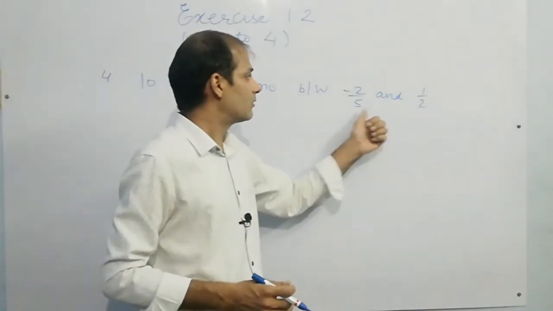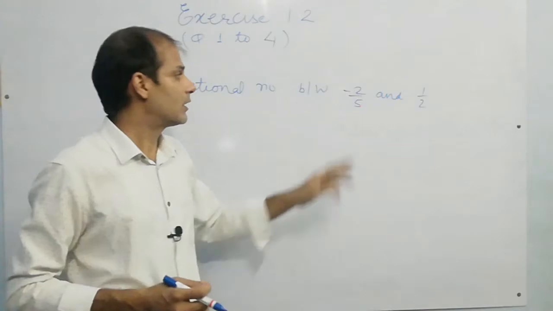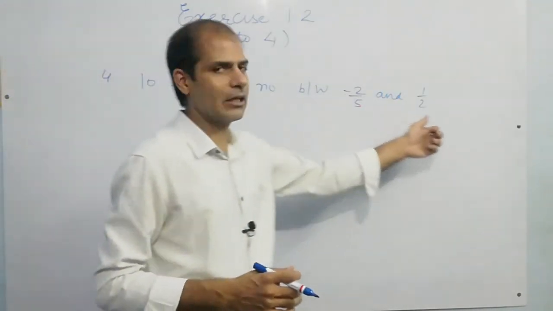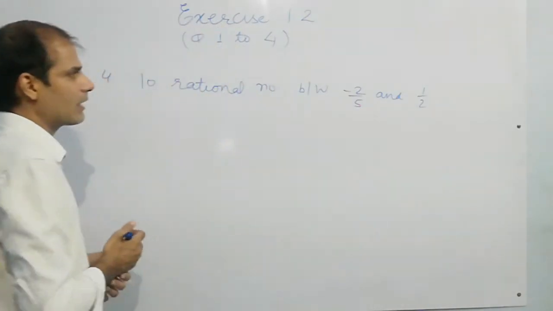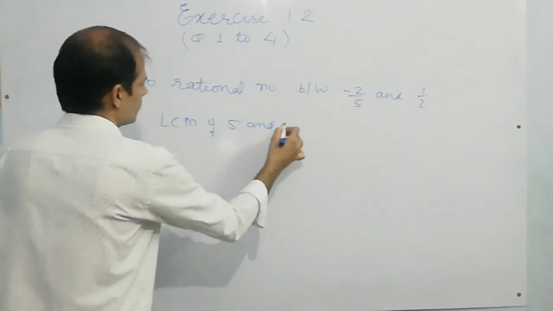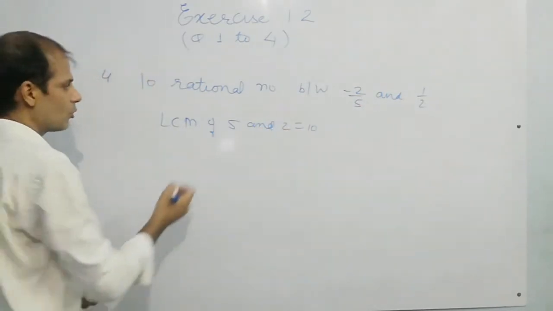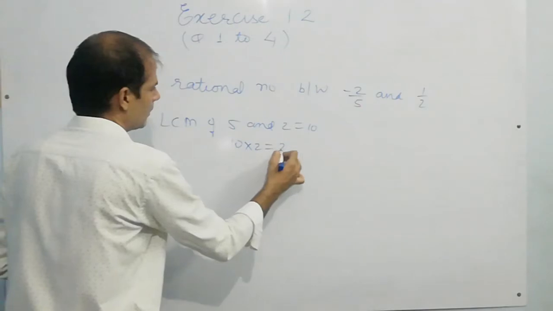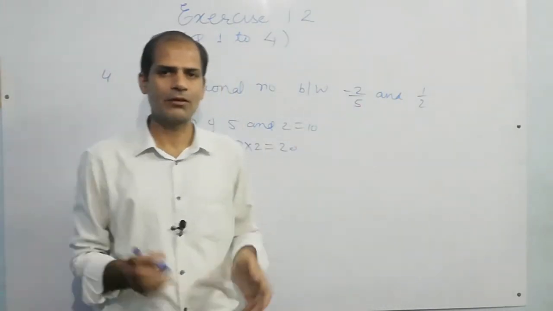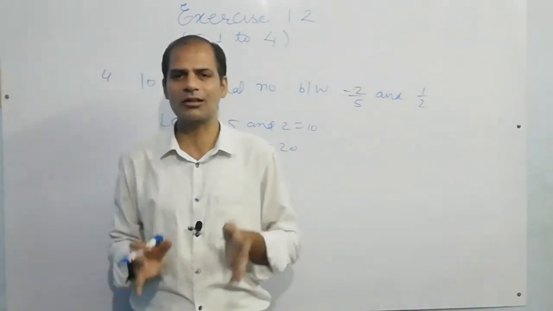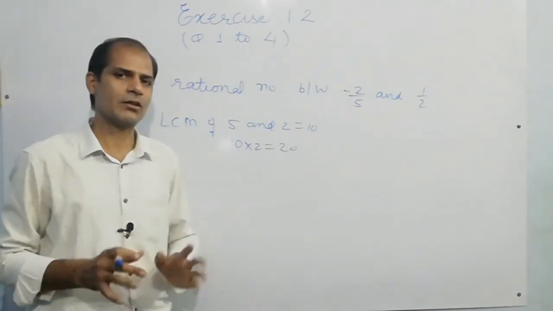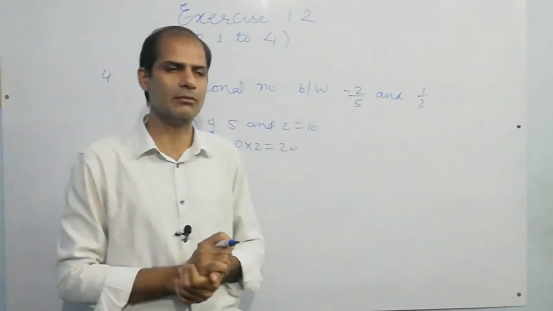Okay, these denominators are not same. If denominators are same then it will be easier, but these are not same. So what we have to do, just take the LCM. So LCM of 5 and 2 equals 10. So we take the multiple of 10, because अगर हम 10 को कंसीडर करते हैं तो रिक्वायर्ड रेशनल नंबर मिल भी सकते हैं और नहीं भी मिल सकते, बट 10 का भी मल्टीपल लेते हैं और उसको कंसीडर करेंगे तो हमें सफिशिएंट नंबर्स ऑफ रेशनल नंबर इजीली मिल जाएंगे.